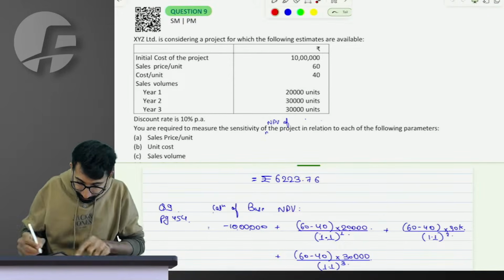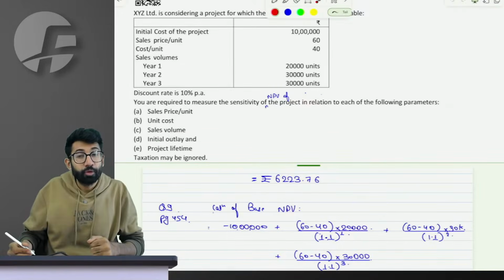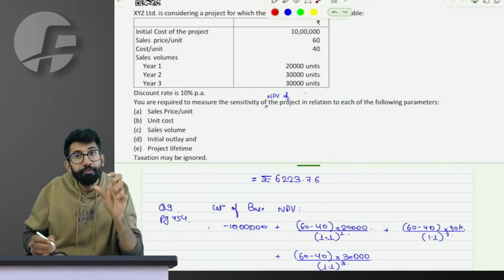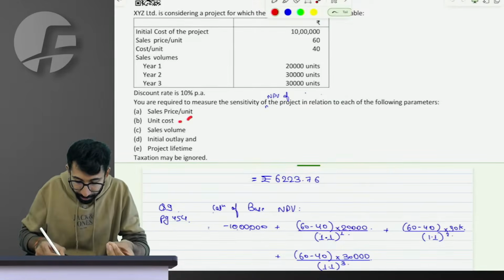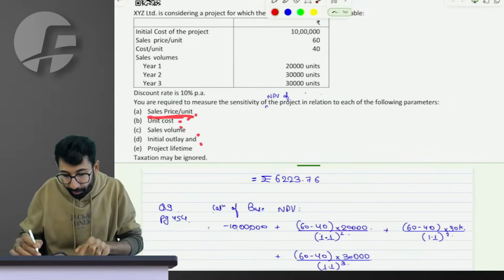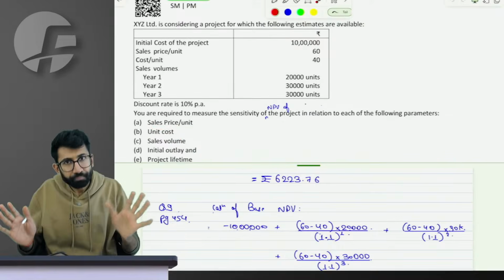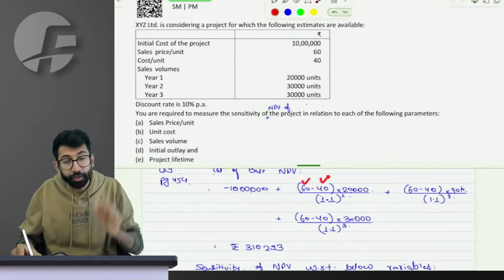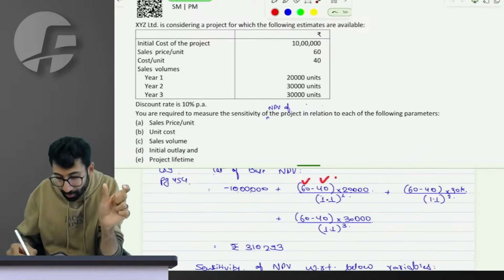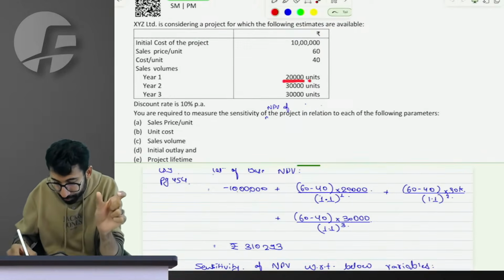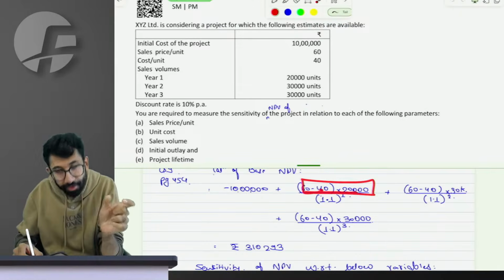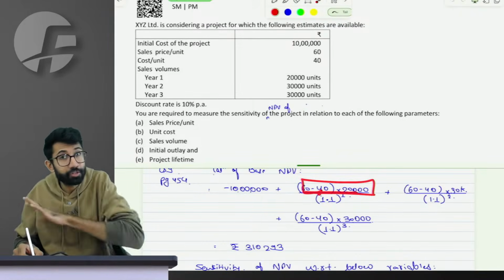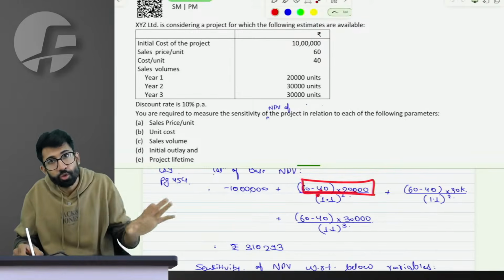Come on. Sir, which alternative should we follow? Alternative 1, a particular percentage change for all the parameters. Alternative 2, back calculate the parameters such that the NPV becomes 0. Sir, let's first calculate the simple NPV. The base NPV. So base NPV is 60 minus 40 being the contribution per unit multiplied by number of units of first year, 20,000 being the total quantity, minus fixed cost not there, minus depreciation not needed, minus tax not there, adding back depreciation not needed.